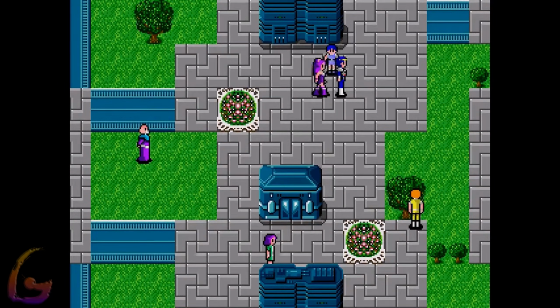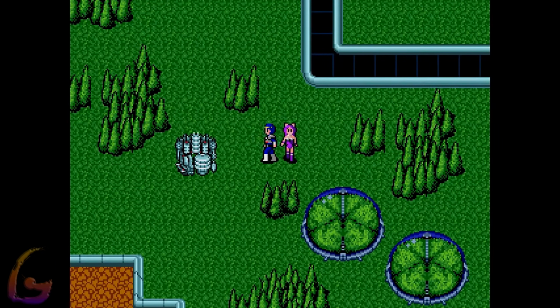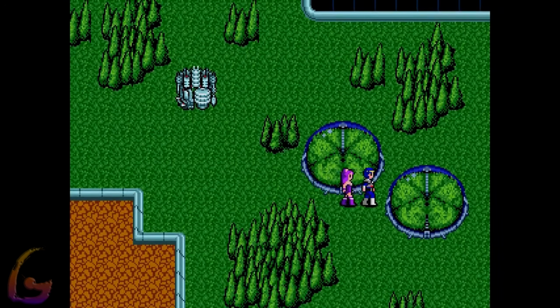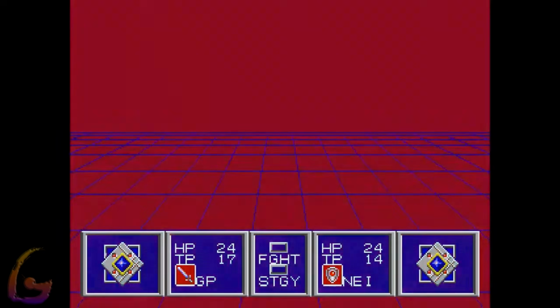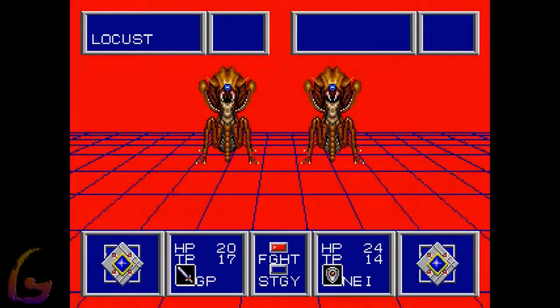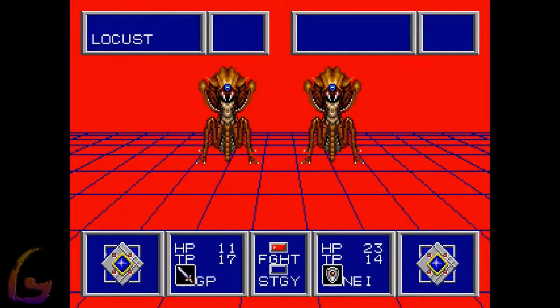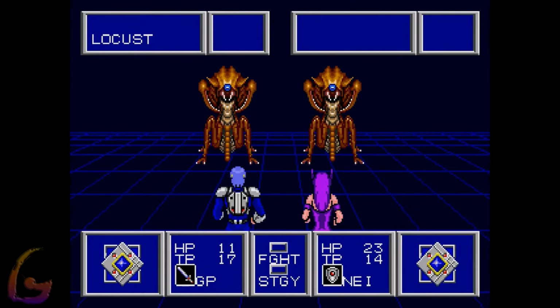In the realm of role-playing games, 1989 delivered a title that completely redefined the scale and maturity of the genre with Sega's Phantasy Star II for the Genesis. At a time when most console RPGs were strictly adhering to medieval high fantasy tropes involving swords, dragons, and saving kidnapped princesses,